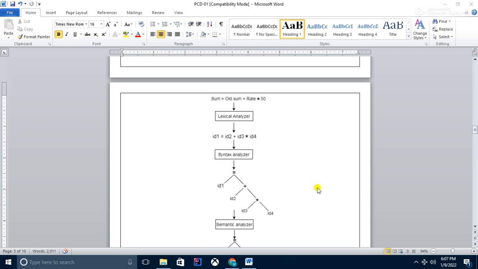Suppose there is one expression or high level language statement. For example, we have taken one example here: sum = sum + rate * 50. This is the input to the lexical analyzer. The lexical analyzer first tries to identify each and every single element of this particular statement. After reading one by one character, the lexical analyzer